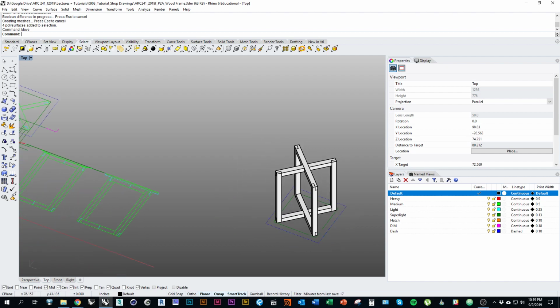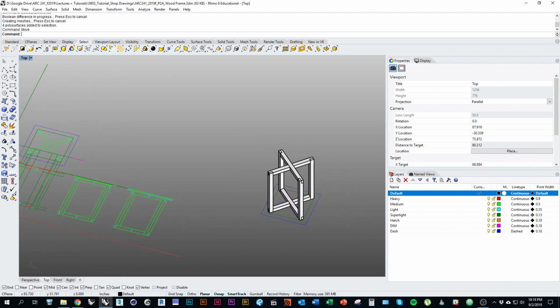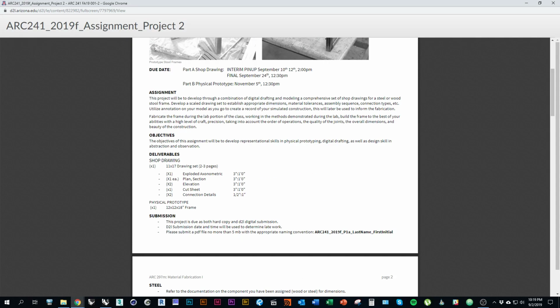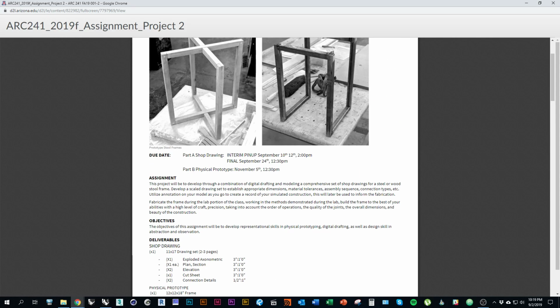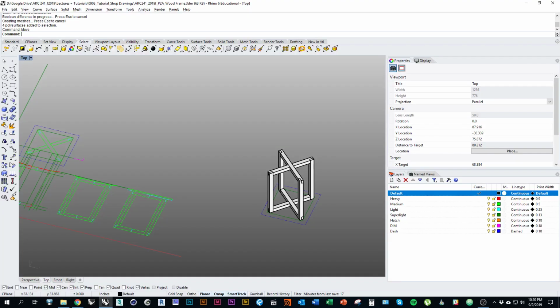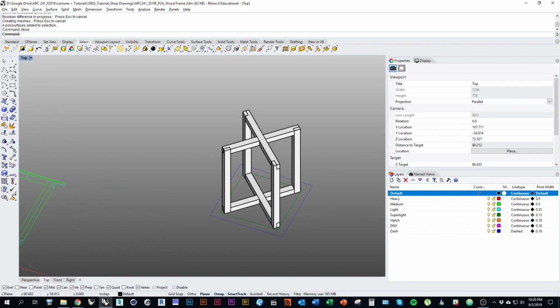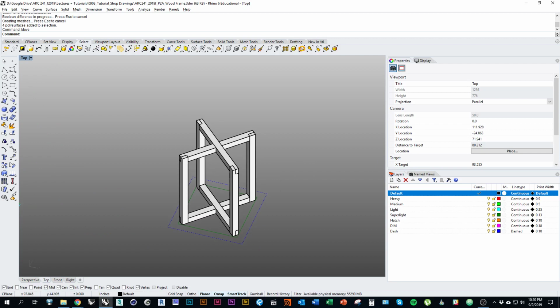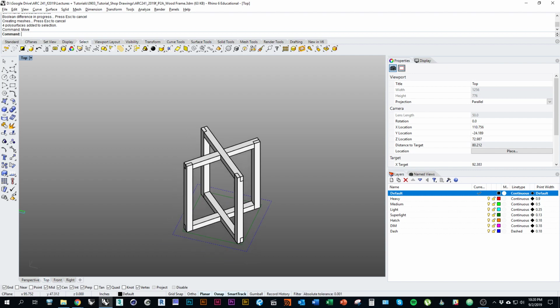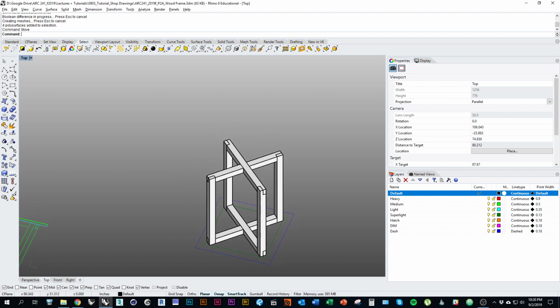Okay, so that's the best way to model the frame of the wood stool. And the reason that we're doing this really is to generate one of the drawings that's on the list, the exploded axonometric drawing. Now this one is basically the same as this, right? An axonometric is a drawing that's tilted in 3D, and on top of the 3D view, we also want to explode a couple of elements, because what we're going to use this drawing for is showing which part is which, where do they go,